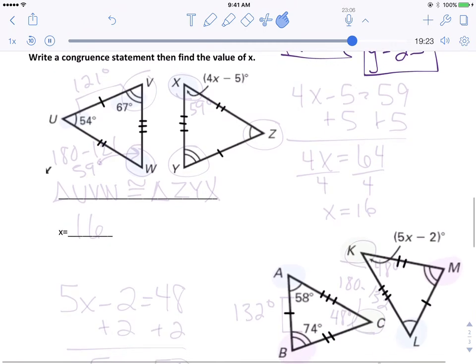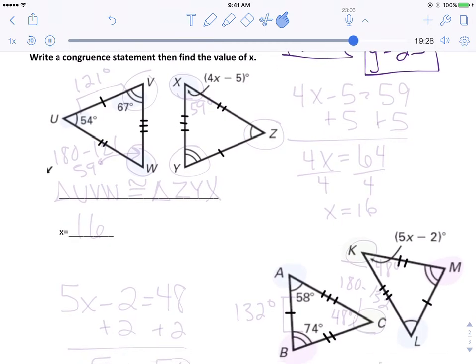All right, almost done. So we're going to write a congruence statement for these and find the value of x. You can see that our markings are all marked up here. However, we know that if we know those two angles, we can find our missing third angle. And that's what we're going to want to do because we can see that we're looking for angle x. And so let's start by writing a congruence statement. So if I start with the angle U, I can say that triangle UVW is congruent to triangle